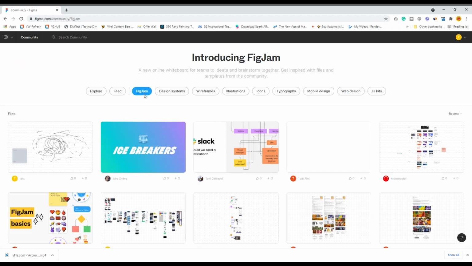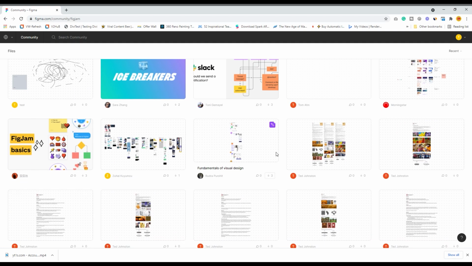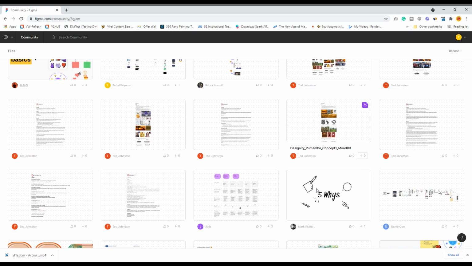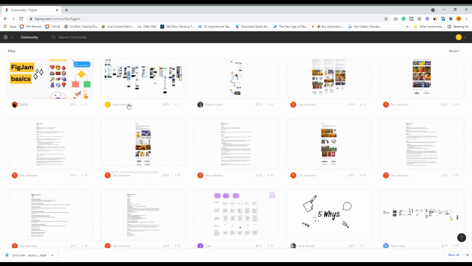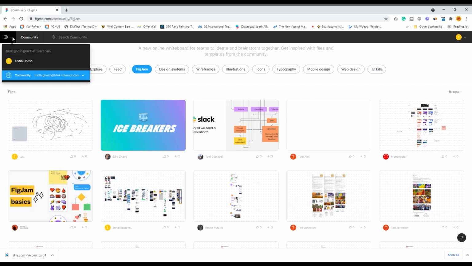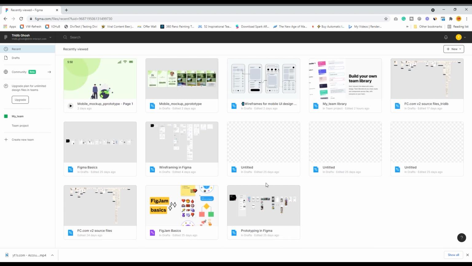And also, this is a new thing that has come up after FigJam was introduced. There are a lot of things that FigJam communities are putting up every day in this section. Let us now go back to my account, and if you see, by default, since they have introduced FigJam, this is a basic FigJam design or FigJam materials that they have already shared with you in your dashboard, which you can obviously use.